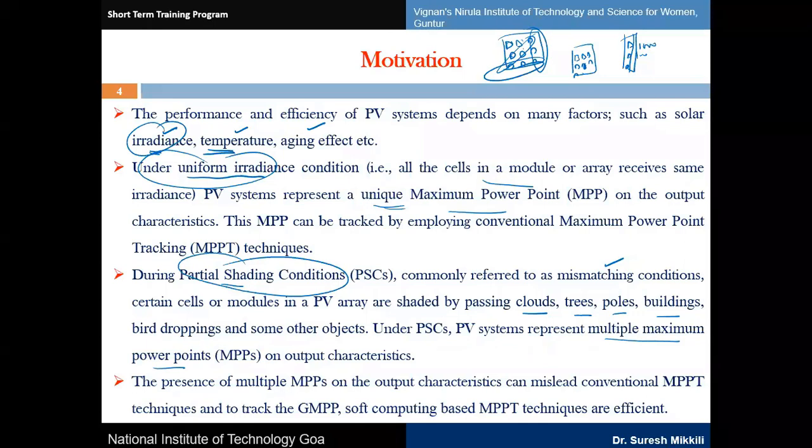Under uniform conditions, we get a unique maximum power point. Under partial shading conditions, we get multiple maximum power points. The presence of multiple power points can mislead the conventional MPPT in tracking the GMPP. So intelligent, soft computing, and optimization technique based MPPT techniques are required to improve the